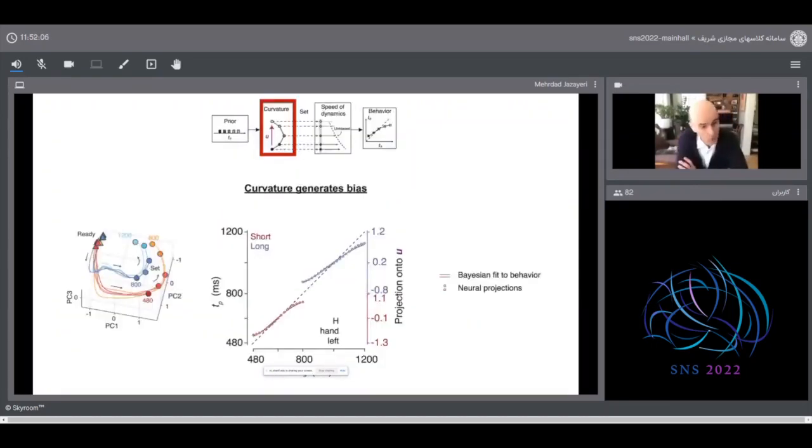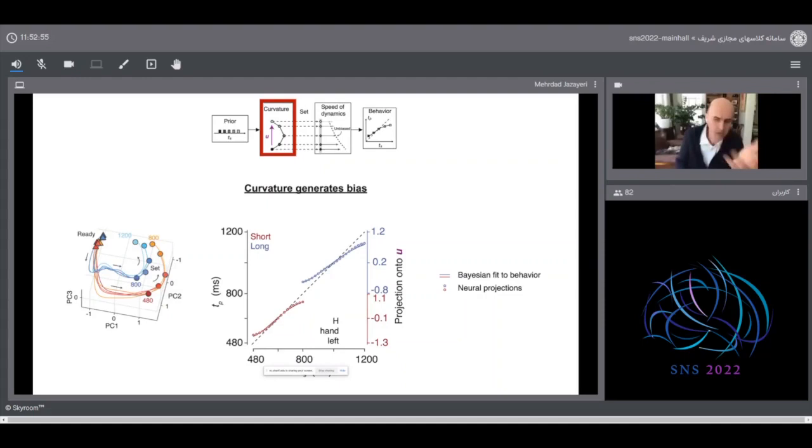So the first question was, are the curvatures consistent with Bayesian integration? That is, if I were to project the points on the curvature onto a line connecting the shortest to the longest interval, would the biases match the biases that we see in the animal's behavior? And what I'm plotting for you here is exactly that: the produced interval as a function of sample interval. The dots are projections of the neural data during the neural trajectory, and the lines are the Bayesian fit to the animal's behavior. And we find a remarkable match between the biases found in the behavior and expected from the projections of the curved neural trajectory, suggesting that indeed these curvatures could be a substrate for